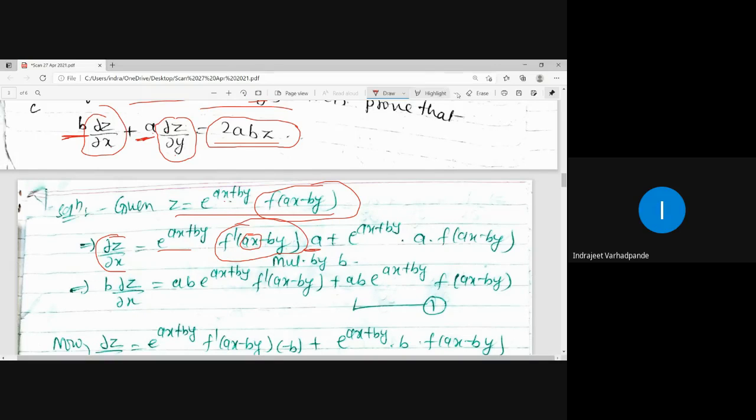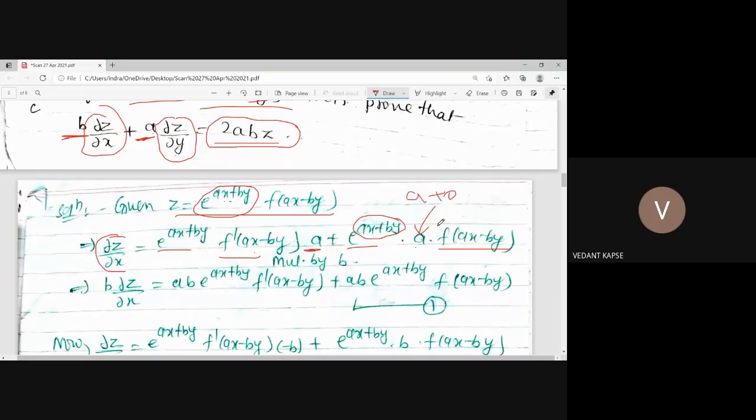So only what we have in our answer, the first term as e to the power ax plus by into derivative of f is denoted by f dash. This is the general function, not a specific, so its derivative will be denoted by f dash of ax minus by into a, plus second term as it is into derivative of the first. What is derivative of e to the power u? E to the power u into du by dx. What is derivative of ax plus by? It is a plus 0. So simply we have the answer over here as a. Got the value?